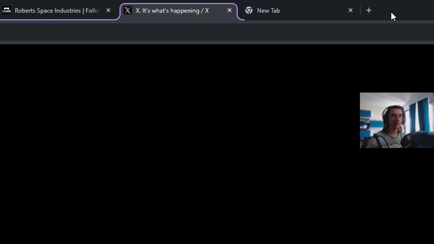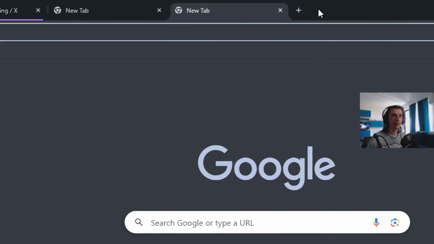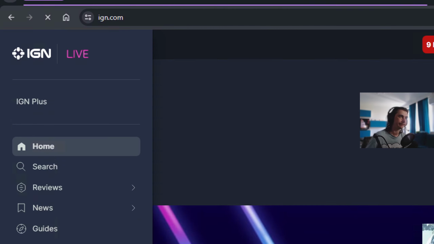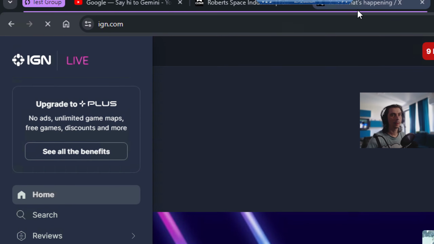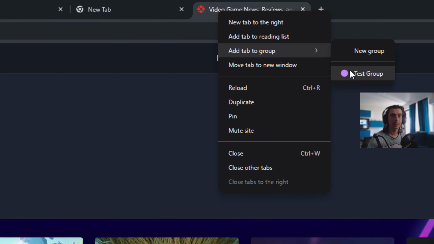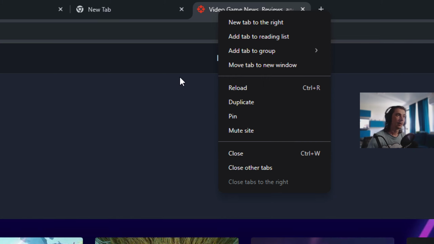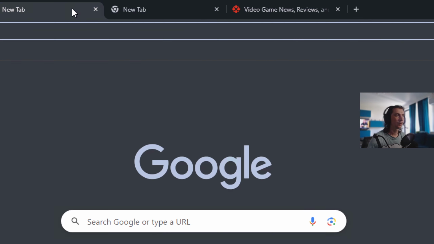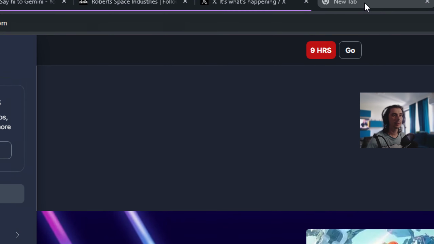If let's say you want to add more tabs, let's go to IGN.com, I guess. And let's say now I open this IGN site, but it's not part of the group. I can right click on it and add tab to group and select my test group or a new group. Or if I have multiple, let's say I want to group these three tabs, the two new ones and the IGN one. If I click, hold Shift and select IGN,